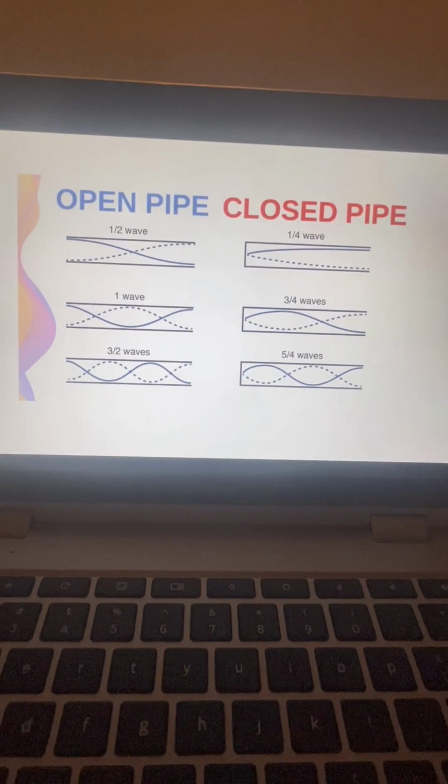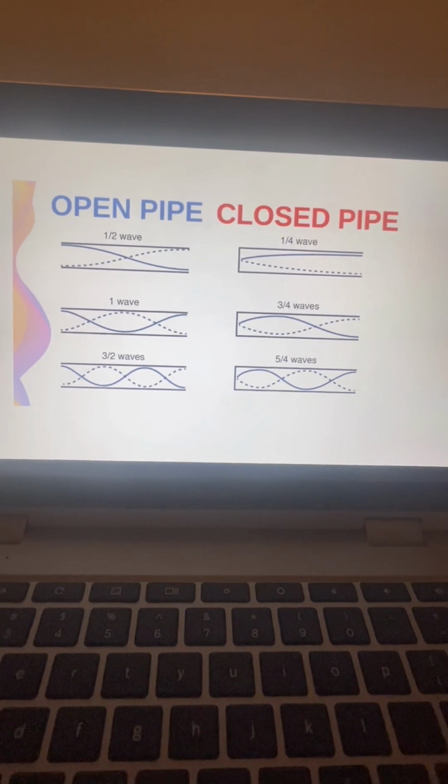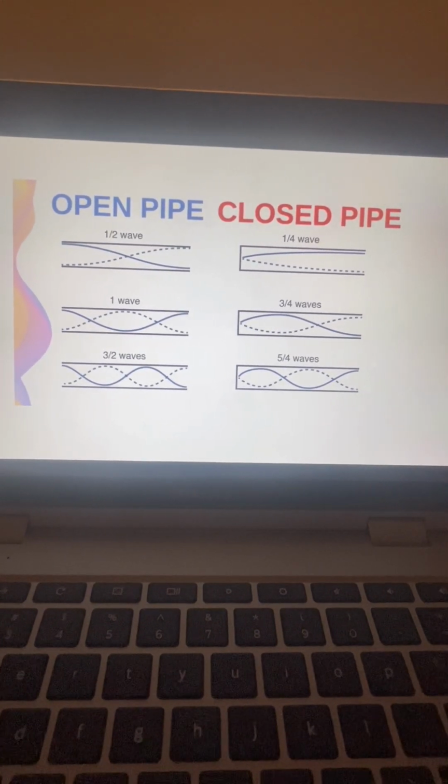Now headed to our second exhibit, we will be looking at sound waves and seeing how different tube lengths will affect the pitch of the sound that is produced. In this exhibit, we will be exploring closed pipes, but it is good to know the difference between open and closed pipes. In an open pipe,